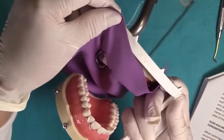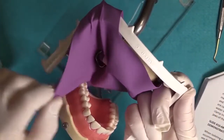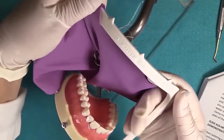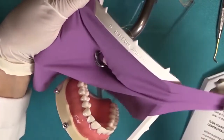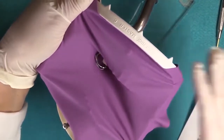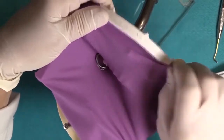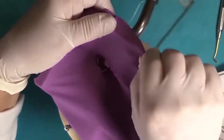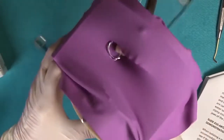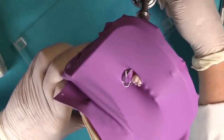So with my non-dominant hand, I'm going to hook the left side since I'm right-dominant. My left hand holds that side while I hook. Basically the trick is to hook the two corners on each side, and then I can engage the rest of the prongs once that's done. And adjust it as needed. Let me show you now, in order to get your floss